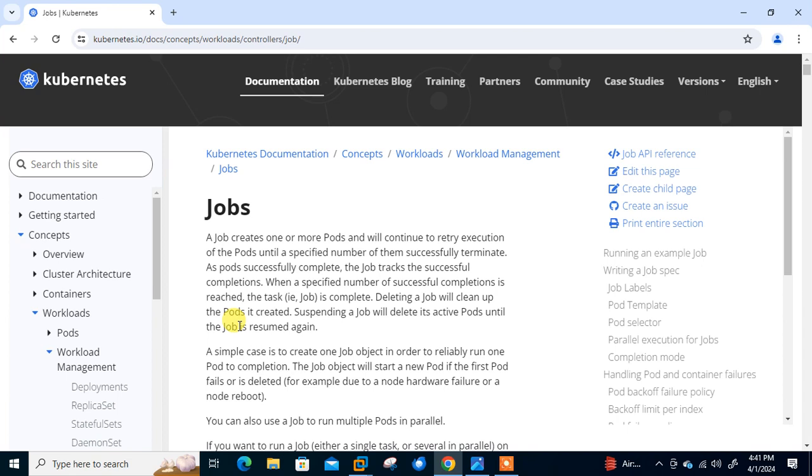So what's new in this video? In this video we will talk about Kubernetes jobs. But before we start the lab session, we need to understand a few points, which is what is a Kubernetes job and its use cases. So you can see this is the official website of Kubernetes, and as per the documentation,